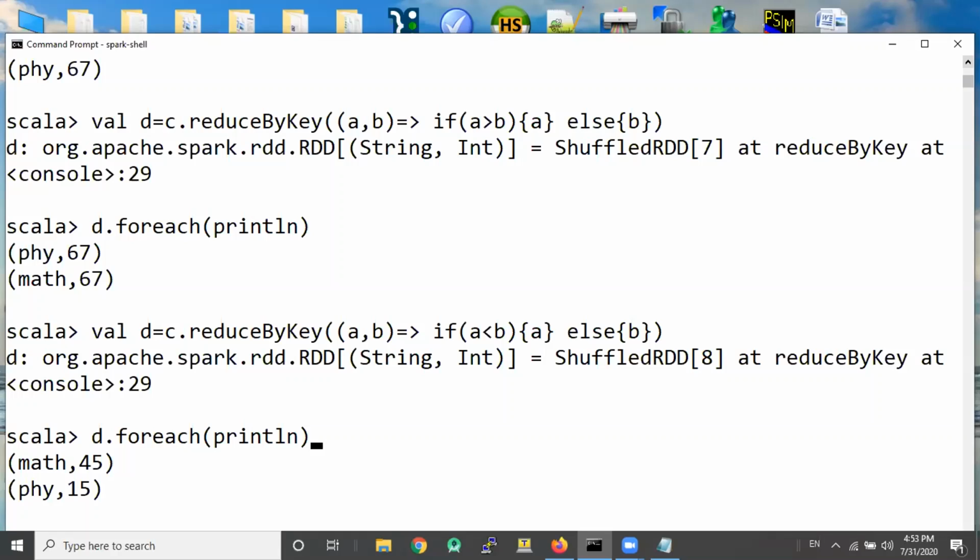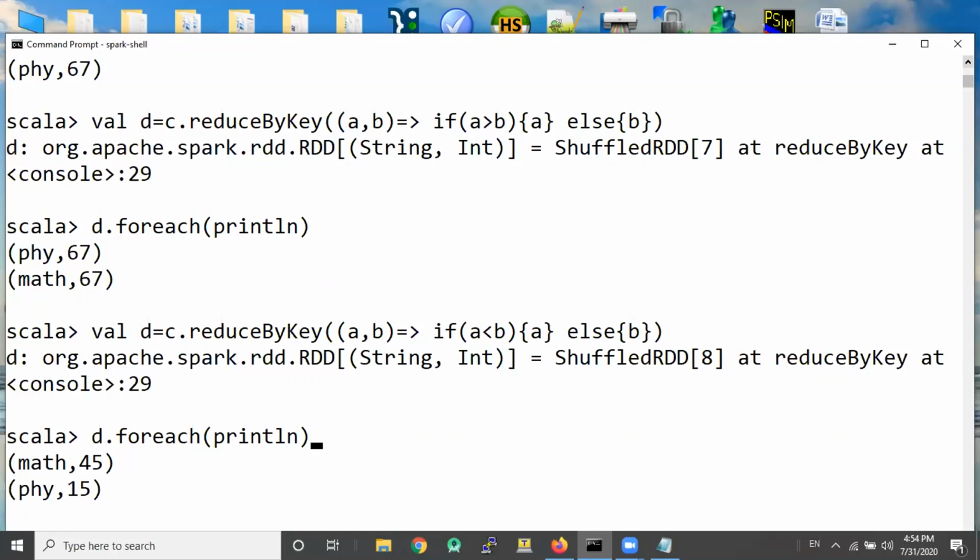Okay, so that's it. Now let us do an operation on a slightly more complex data set which has got more than 2 values in the key field.